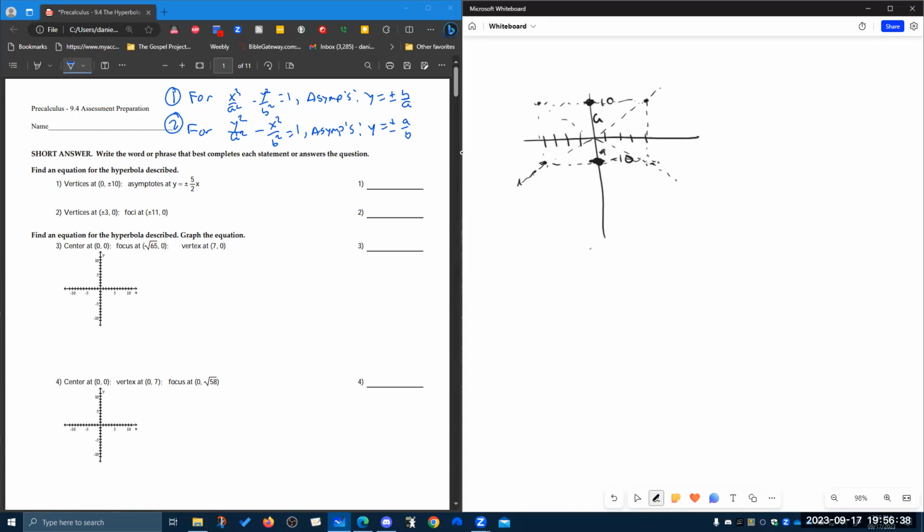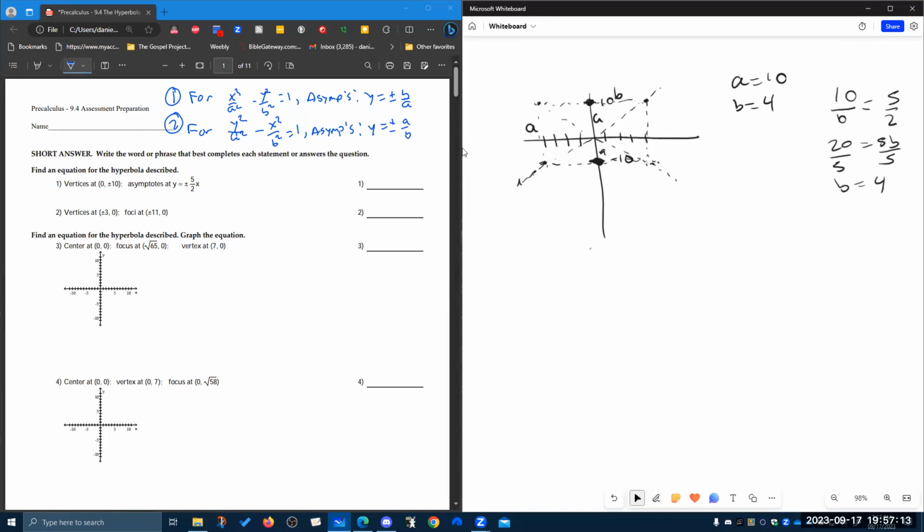And then this side, so this distance here is A, and this distance here is going to be B. So A is 10, B is going to be 4. We can also get 4 by looking at the asymptote, which is in the form of A over B. 10 over something had to be equal to 5 over 2. And we can solve that and say 20 is equal to 5b and divide by 5, and b is equal